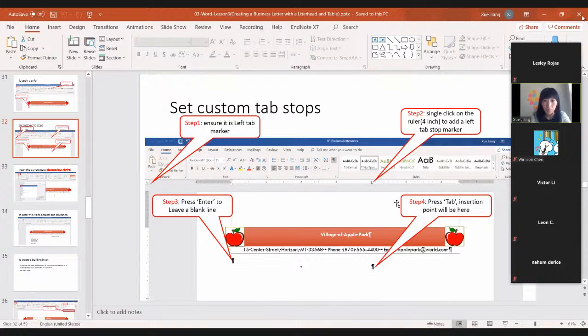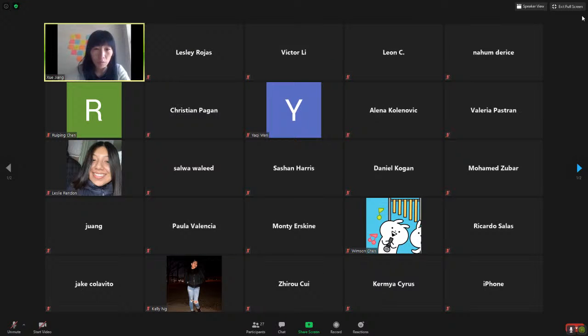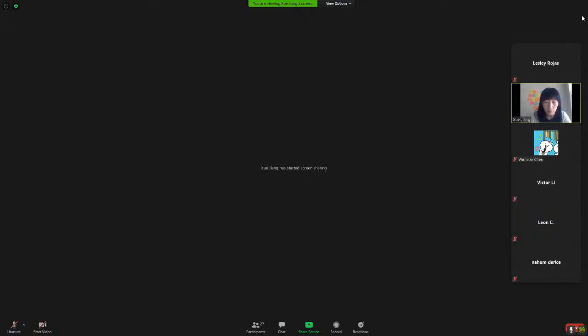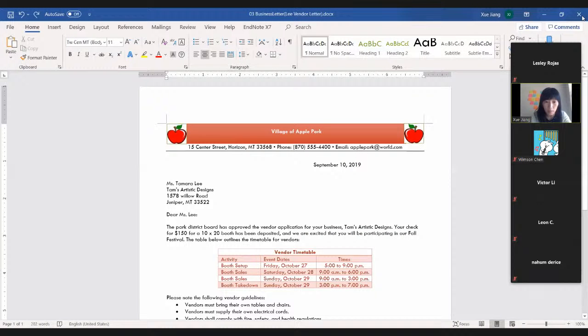Do you have any questions about this tab stop? Let me show you a little bit. This is the left stop. Also, there is a right stop. Okay, a new